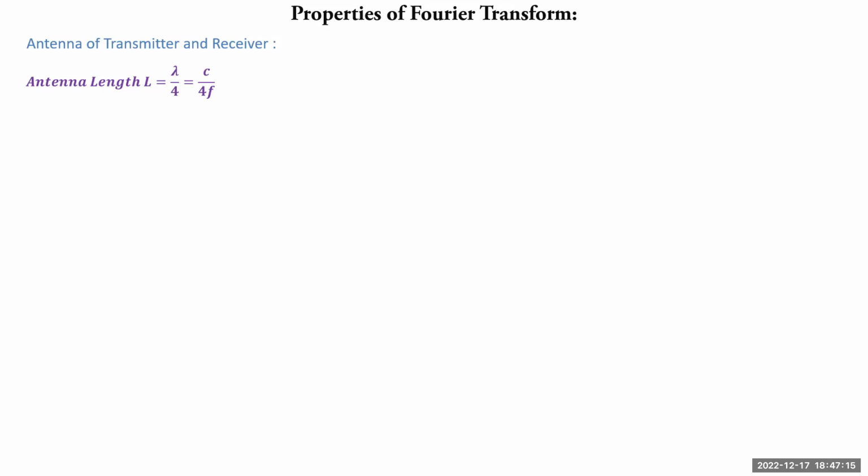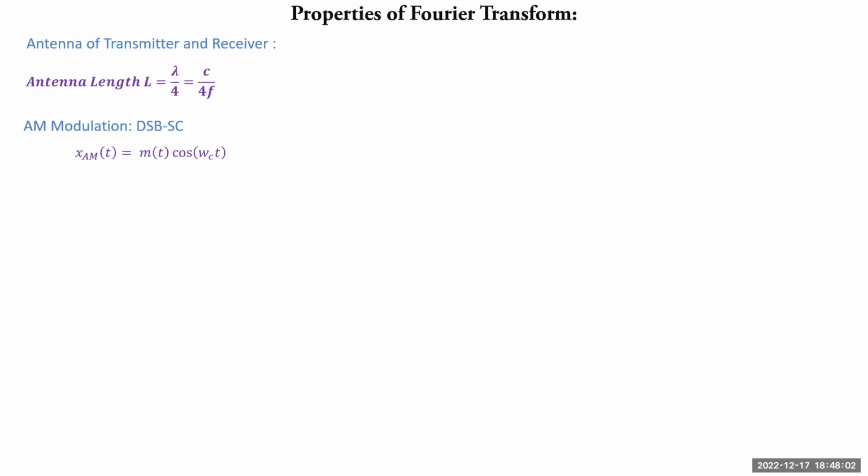So in order to design a practical antenna system, antenna length should be as small as possible, and that is possible only when frequency is large. So one can compute a practical antenna length for which there is a corresponding carrier frequency, and that is a design equation. So here we'll consider a simple modulation technique which is called amplitude modulation with double sideband suppressed carrier,